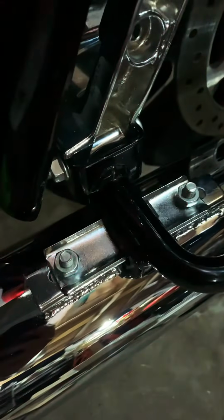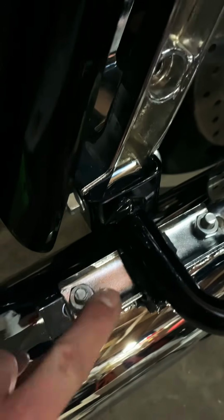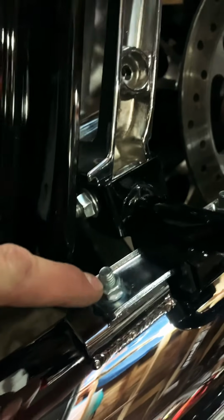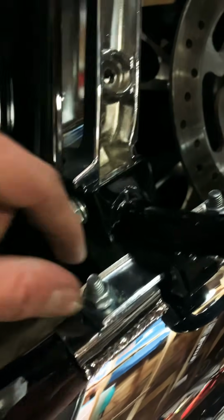Super simple. Replace the bracket here, pull this out. Take these out, comes with washers for it, put that in. There's a bolt, obviously, then washer, then another washer, lock washer, some Loctite, and then you gotta unscrew that one,